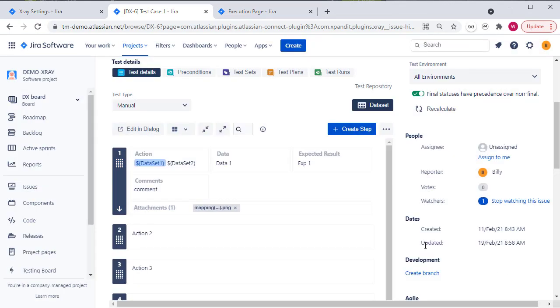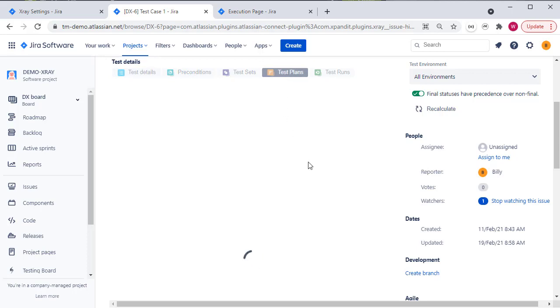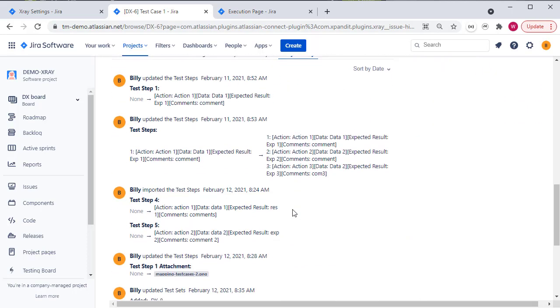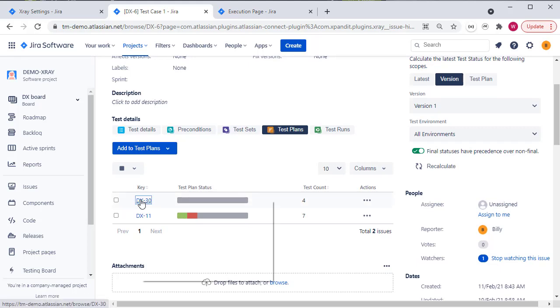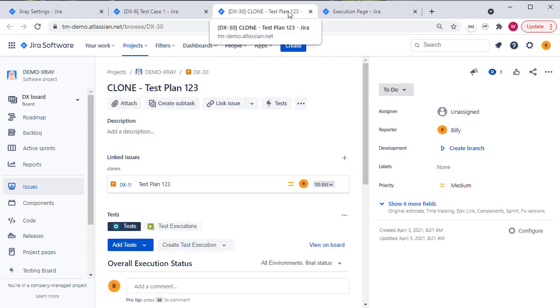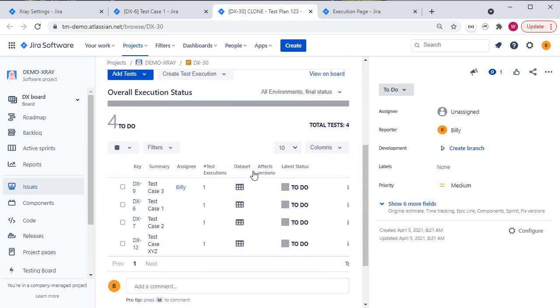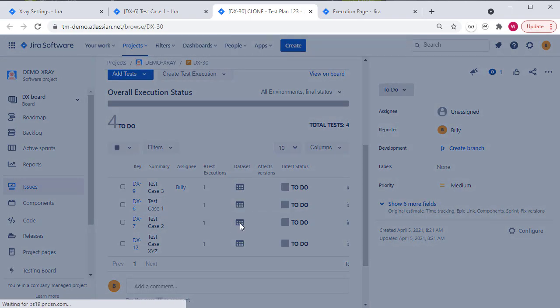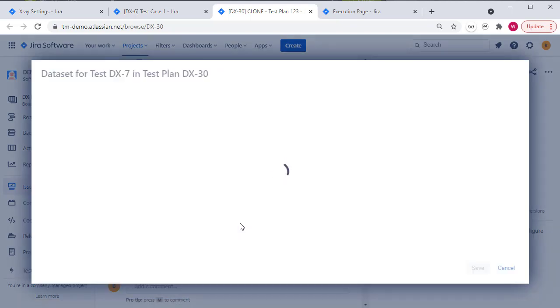Xray is also clever enough to allow you to specify these data sets at different levels. We've just seen creation of data sets at the test level, but you can also create them at the test plan level. So if we look at test cases in here and we see that those test cases are in these plans, we could also create a data set at the plan level and apply that to test cases. On this test plan I can drill in and see the data sets for the individual test cases, and I could create those data sets at the test plan level and use them across tests